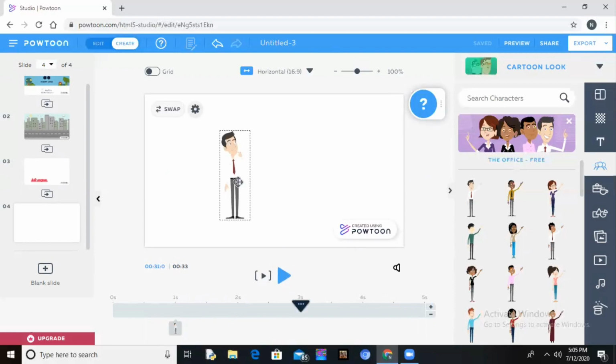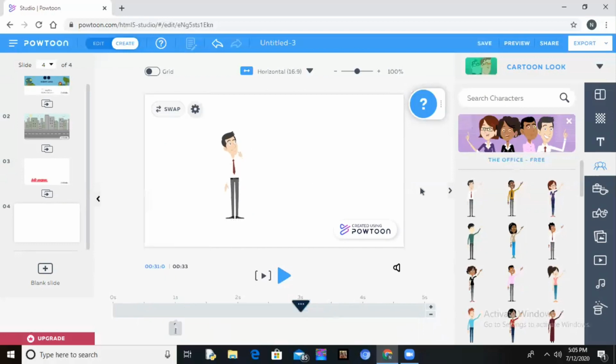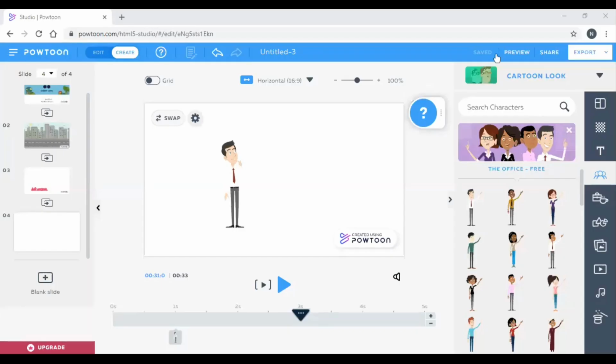So this is how you can use any character. In the settings, you will get one option of animation, like how many times you want this character to show its movement. Maybe if you want it to show this movement forever, you will go play loop. It is set on 5. Suppose I make it 1. So for once, it will give an expression of thinking and then stop doing it. If you want to see, it will give it for once and then stop. This is how the character works. Now, this is how the animation works.